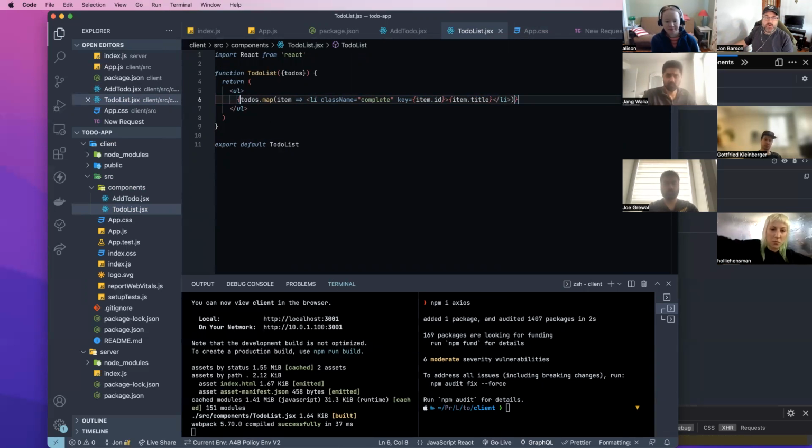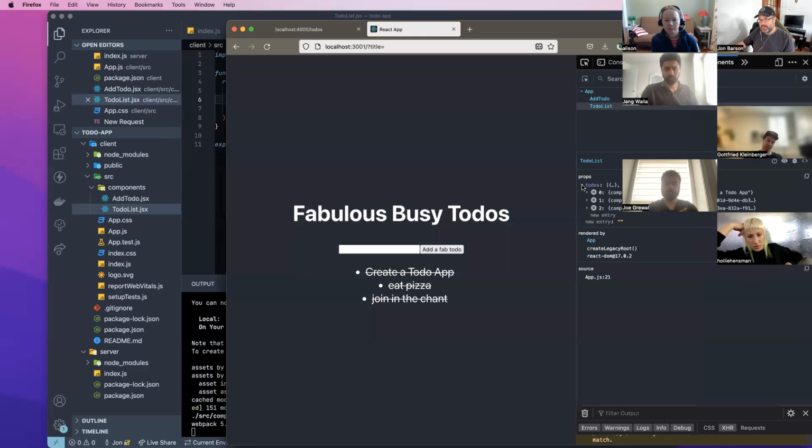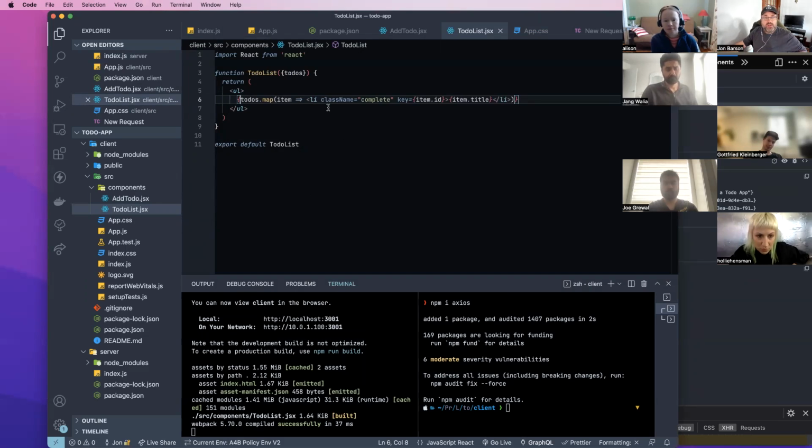To-dos. So the to-do already has completed on it, right? It's already in the state. When we get the to-dos, we can actually see it here, we have completed true, completed false, completed false. Fine. So what we can do is, instead of making this a string,